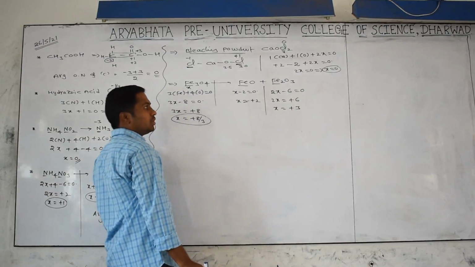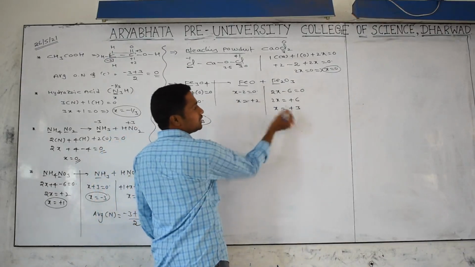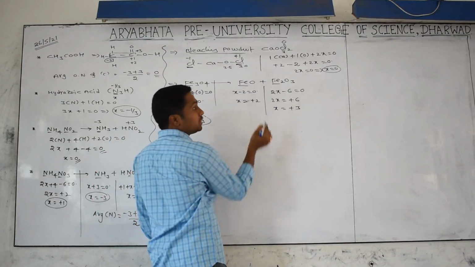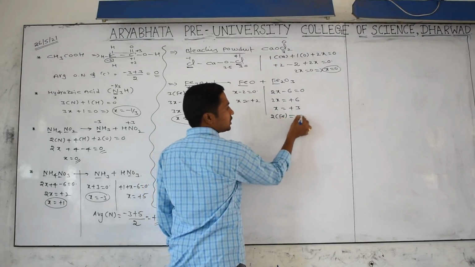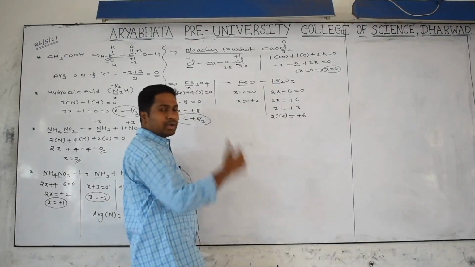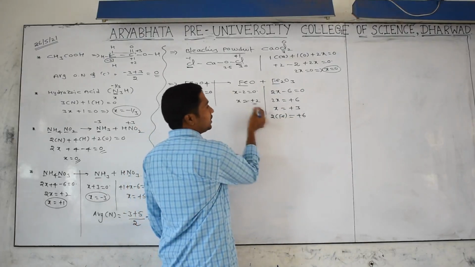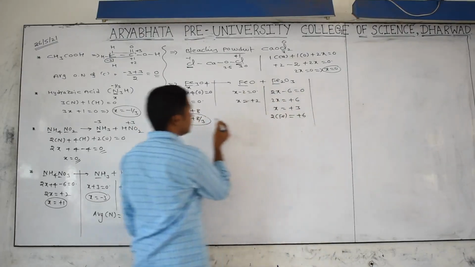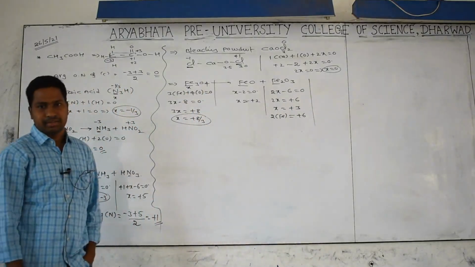So what is the oxidation number of this one? Yes, each iron is plus 3, but here how many irons are there? 2 irons. That's why 2 irons means the total charge is plus 6. Okay, on average we have to take it. 2 irons plus 2 plus 6 is nothing but plus 8, by total iron atoms 3. That's why it is nothing but 8 by 3.